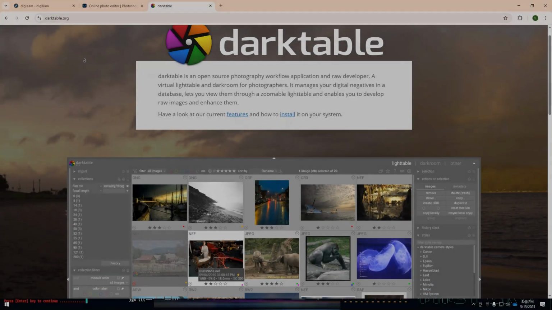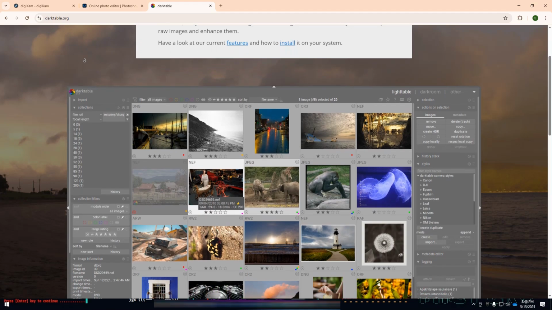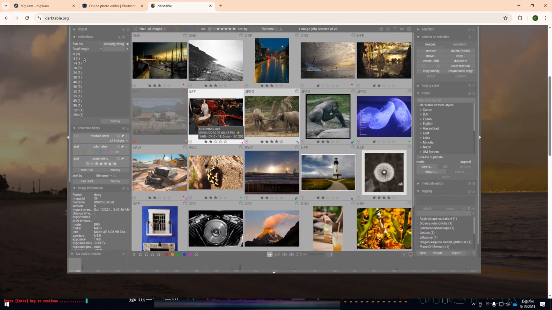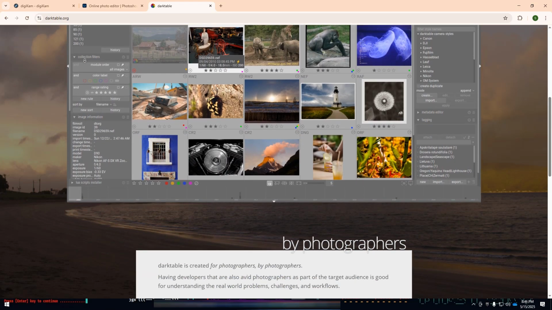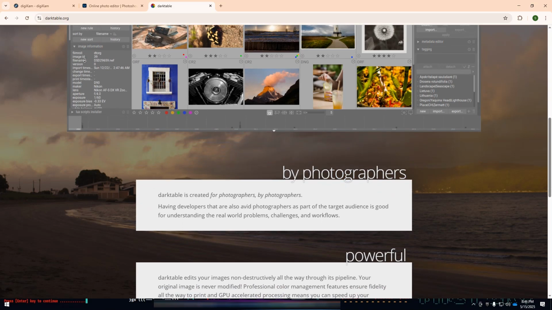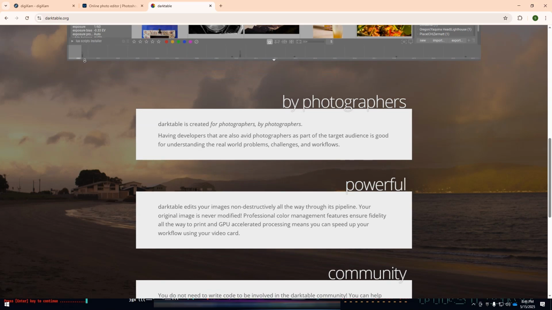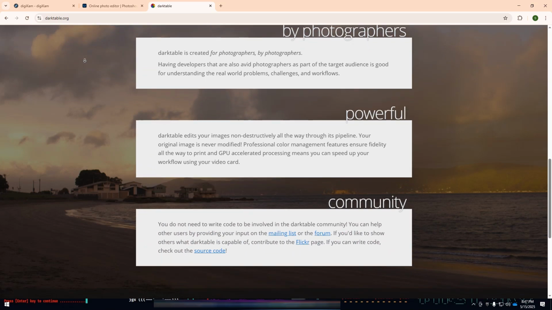Darktable, an open source alternative, has matured significantly in 2025. It's especially favored by Linux users and those looking for a free, professional-grade RAW editor. Darktable offers non-destructive editing, excellent color grading tools, and a modular interface that appeals to advanced users who enjoy full control over their workflow. While the learning curve can be steep compared to Lightroom, it rewards users with immense flexibility